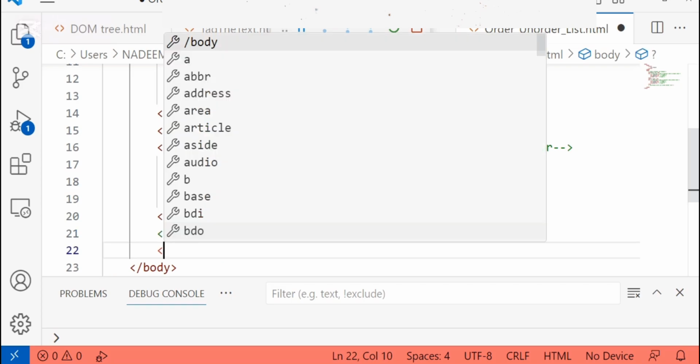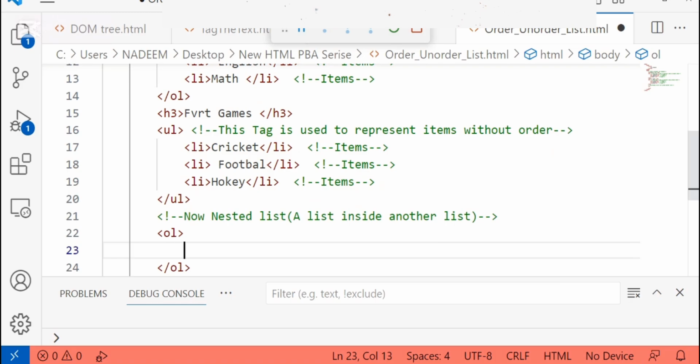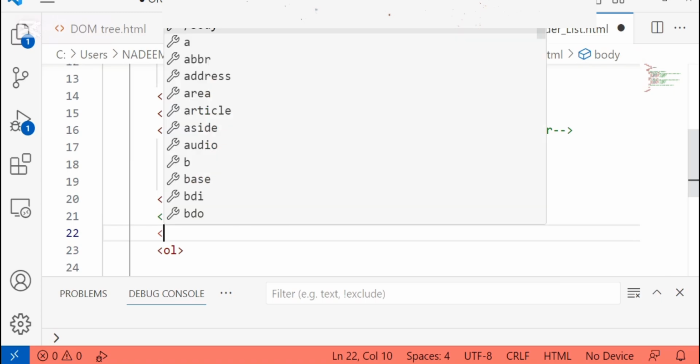Whenever we are talking about a nested list, we are basically talking about a list within another list, or inside another list. So let's take an example, where we are going to create a nested list here. How can we create it? Let's put a heading here.